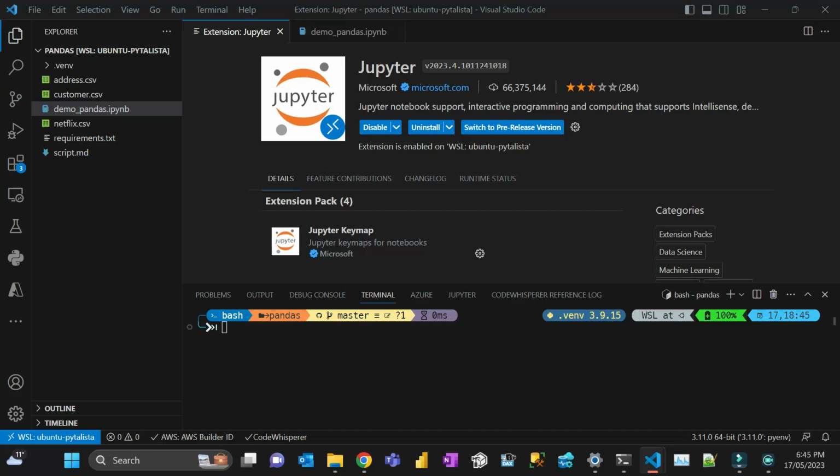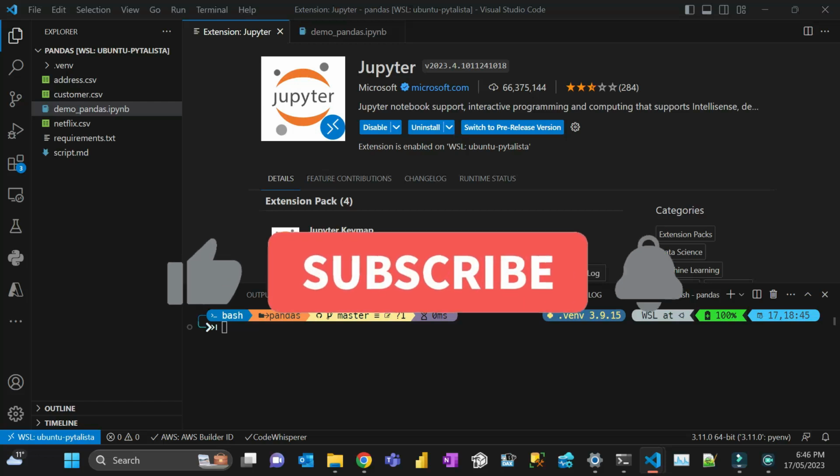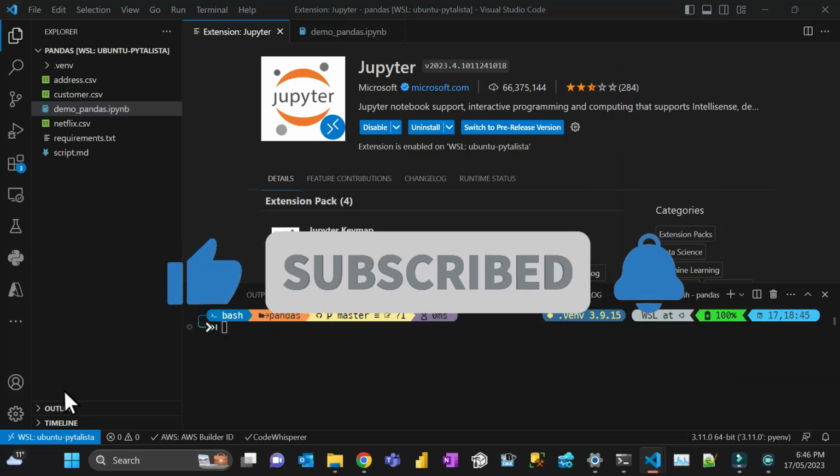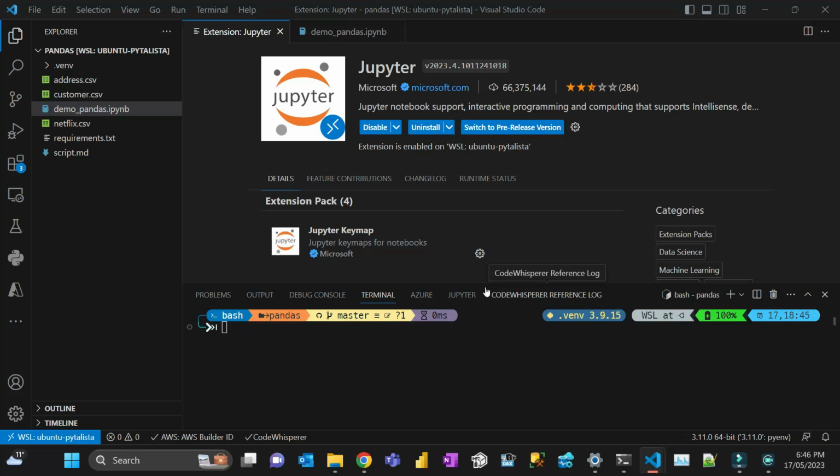Today we're going to talk about how to use the Jupyter Notebook VS Code extension. That's the one that you can see here. I'll also give you a basic run-through on how to set up and start a Jupyter Notebook in VS Code, and an introduction to Pandas, because Pandas is the library that you usually use in